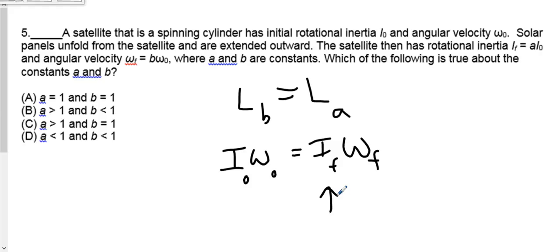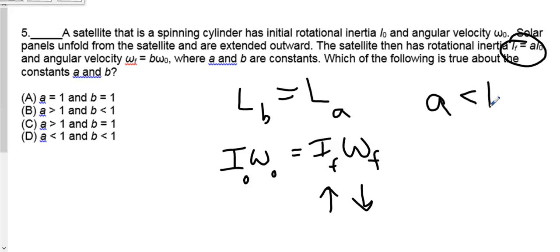So if the rotational inertia increases by spreading out those solar panels, then by the law of conservation of angular momentum, that satellite's angular velocity must go down. So this problem's trying to be fancy comparing A and B, but it's basically saying, if we look up here, A is some coefficient that describes how the final angular or rotational inertia is compared to the initial. So when the solar panels go down, we know that the final angular velocity has to be smaller. So that means A should be less than 1 because the final velocity or final inertia has to be,